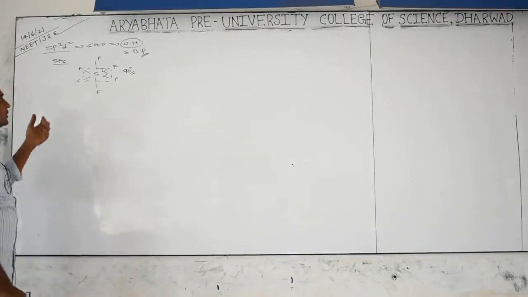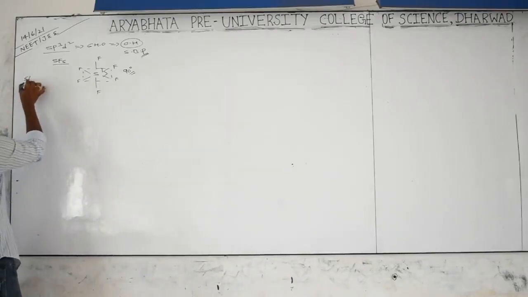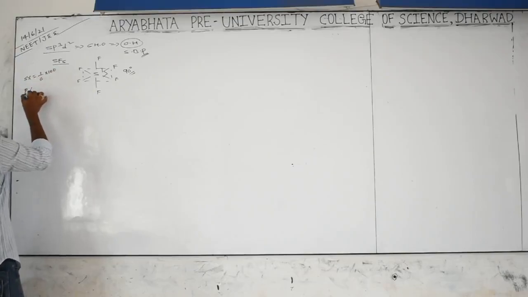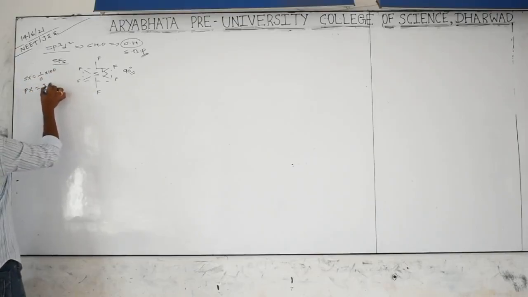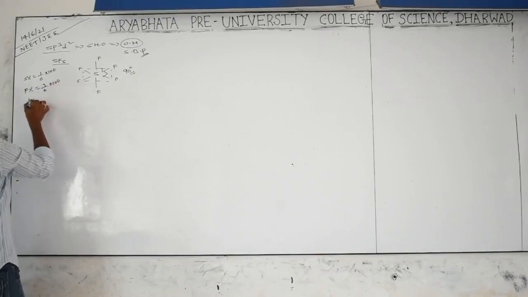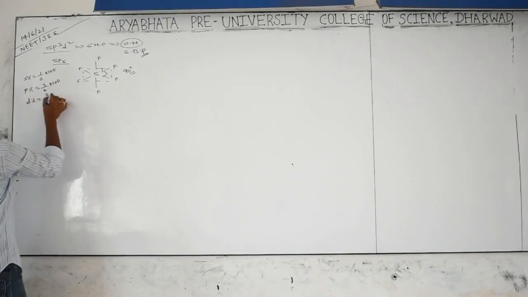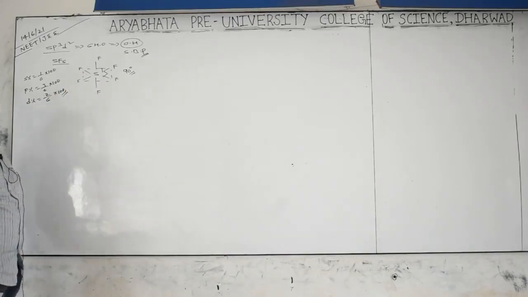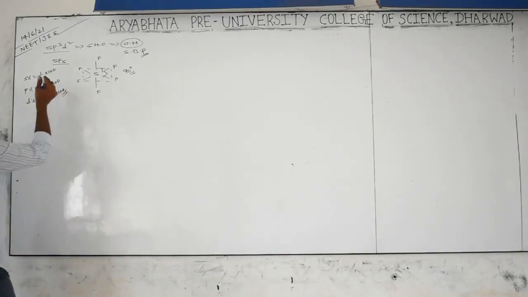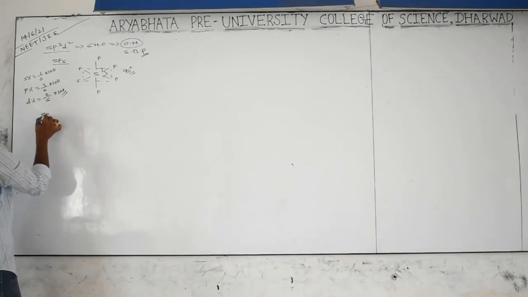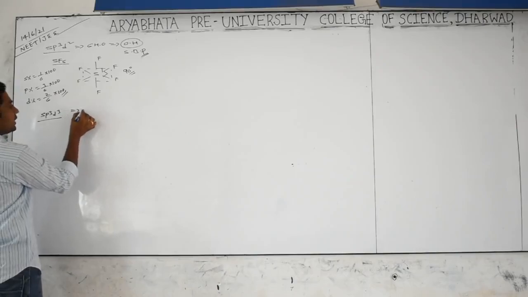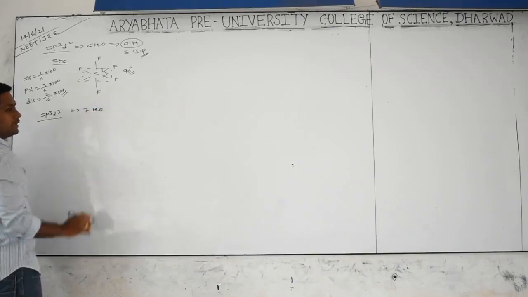Later we can see the S character percentage is 1 by 6 into 100. P character percentage is 3 by 6 into 100. And D character percentage is 2 by 6 into 100. We may call it square bipyramidal or octahedral. Later we get sp3d3 hybridization. sp3d3 means we are getting 7 hybrid orbitals.